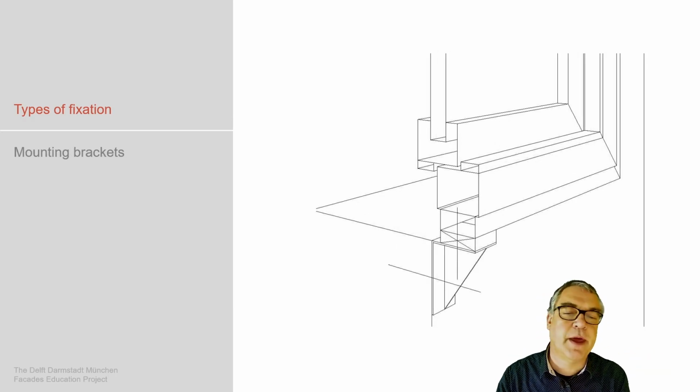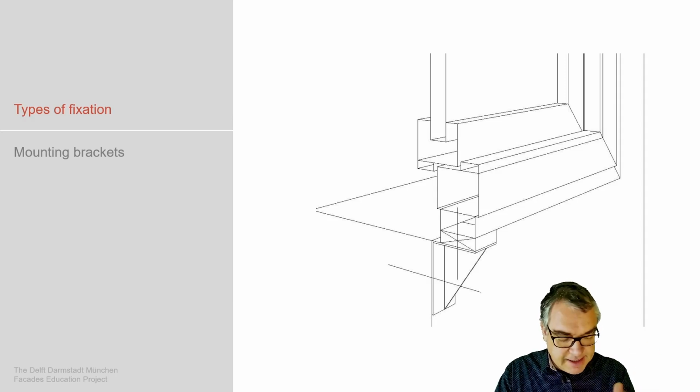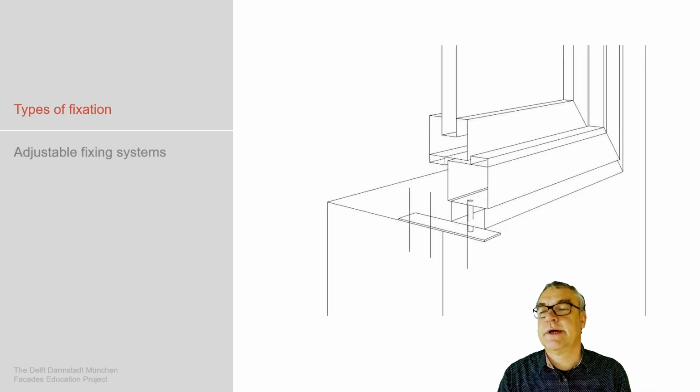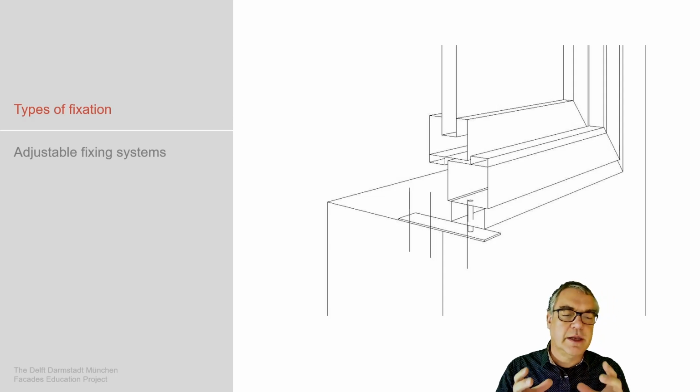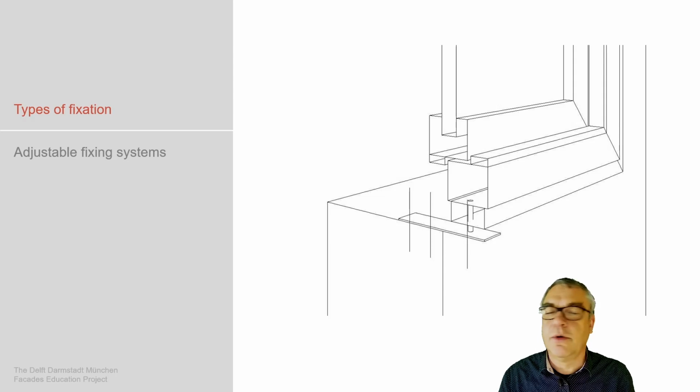It could be done also, when the window is larger, with real mounting brackets, so not just a plate of steel, but a real bracket, which could take higher loads as a system, or adjustable fixing systems which are delivered by the manufacturer, which allow to get all the tolerances in all directions, being part of the entire window system as a setup, which may perform better in flexibility, but obviously also may be more costly.